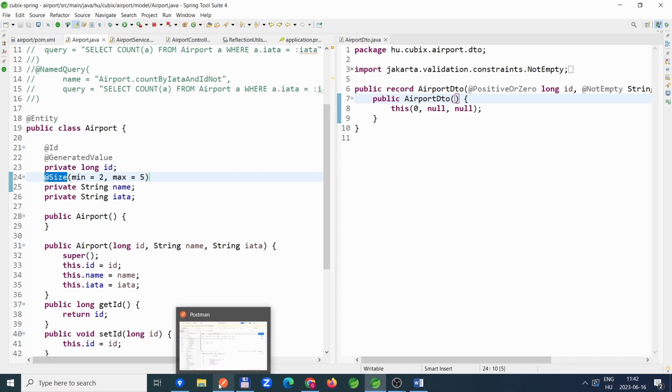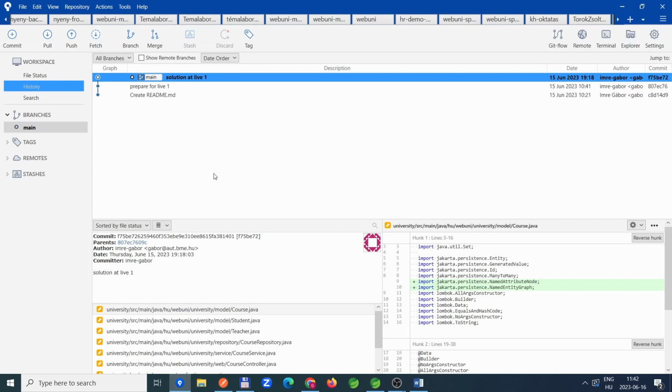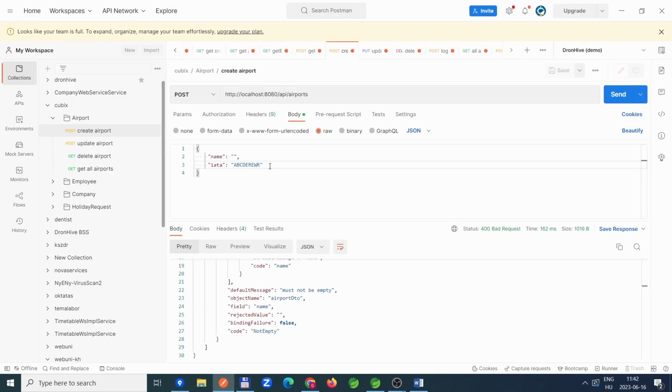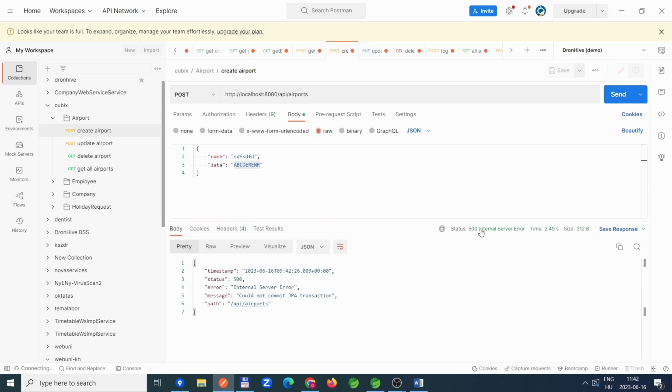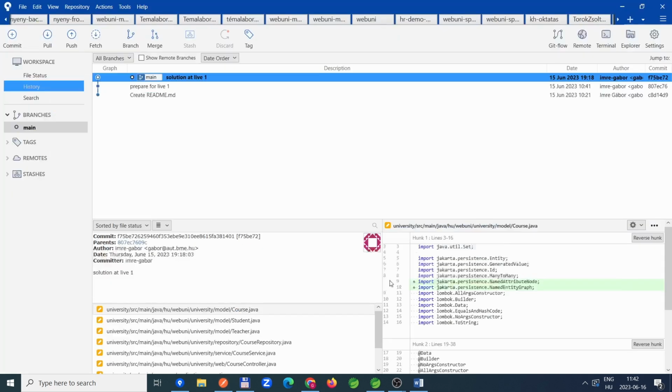So this means if I try to create an airport now with a valid name but with a too long IATA,